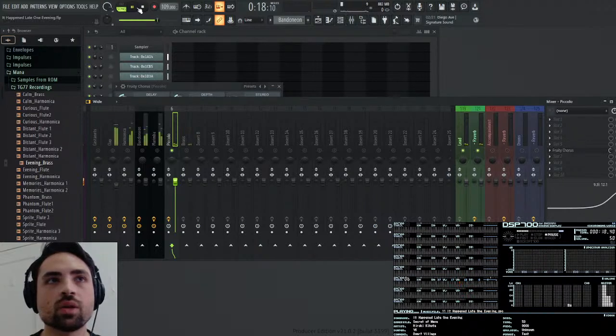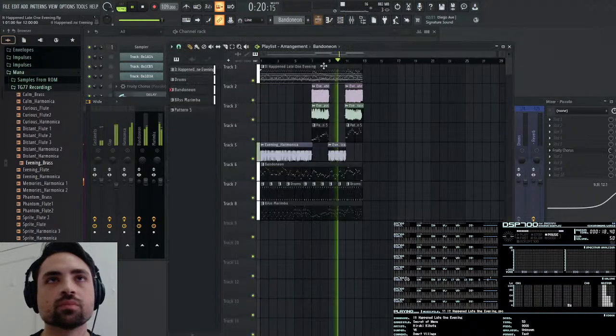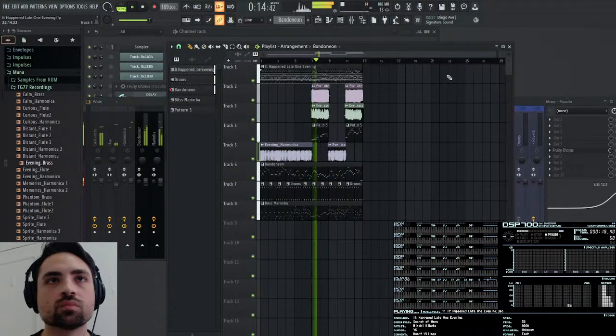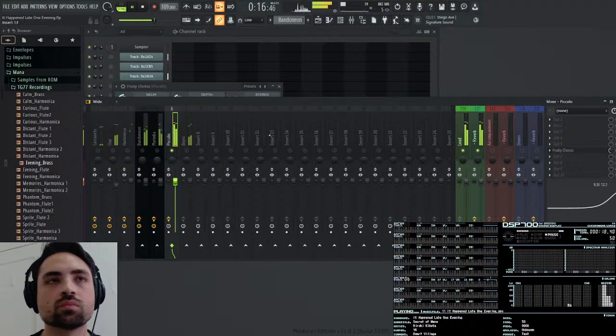No, that has the right amount of reverb. Nice. Okay, so that works. Now we just need the brass.